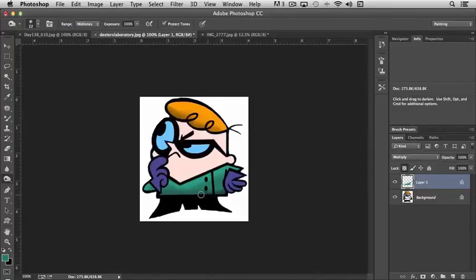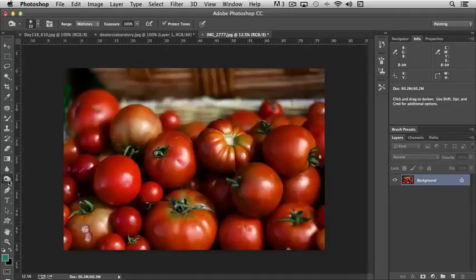shadow as well, so that it gives the image a little bit more dimensionality and effect. So you can use dodge and burn that way to really create some interesting effects on two-dimensional illustrations, as well as adjusting regular photographs. Now the last tool in this group is the sponge tool, and the sponge tool basically